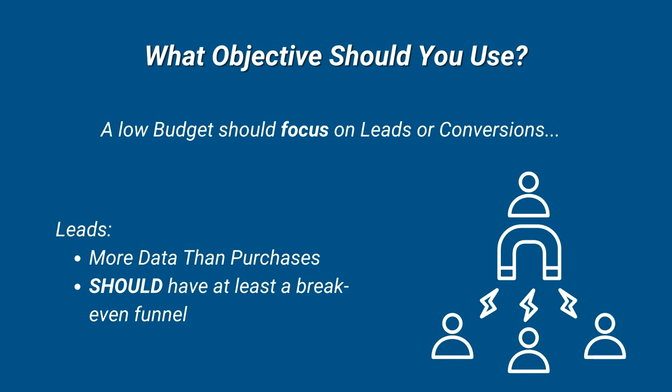Now, the objective, again, it all depends on how your funnel is set up. Usually with a low budget, I only run 2 types of objectives, which is leads or sale conversions. So if you have a funnel set up to collect leads, and then you have your offer after someone gets the lead on the back end and a follow-up sequence, then a lead strategy will be ideal here, because leads are cheaper than purchases and it allows room to get more feedback and data from Facebook to know what works best. But if you don't have a back end and a follow-up sequence, even though I would highly suggest you do this and get this set up immediately,